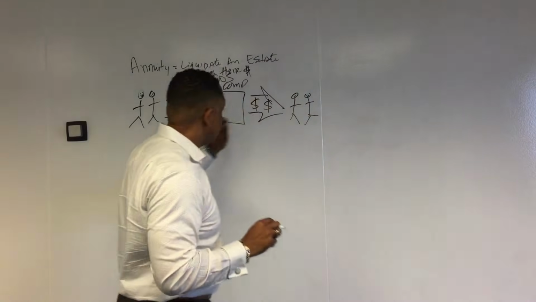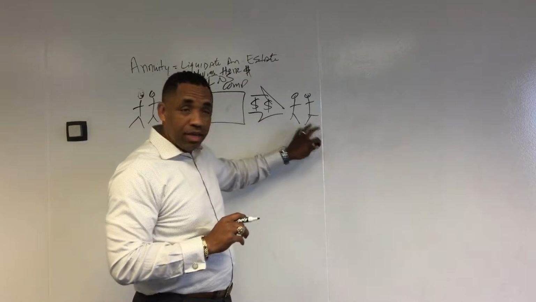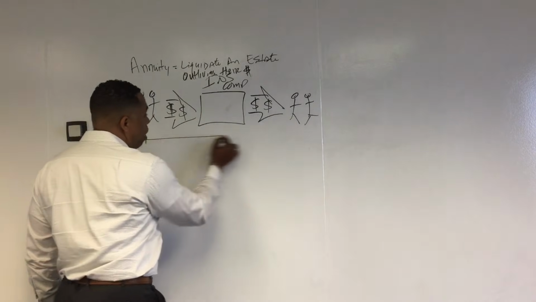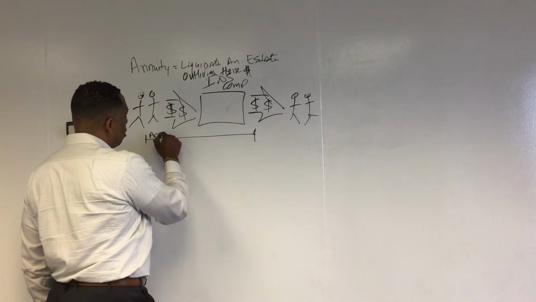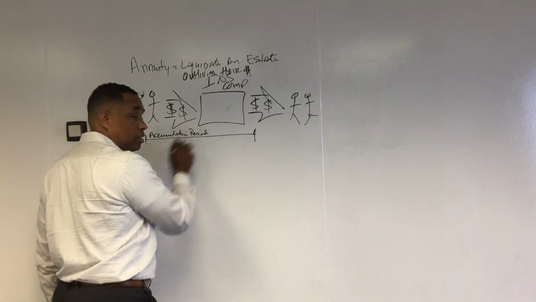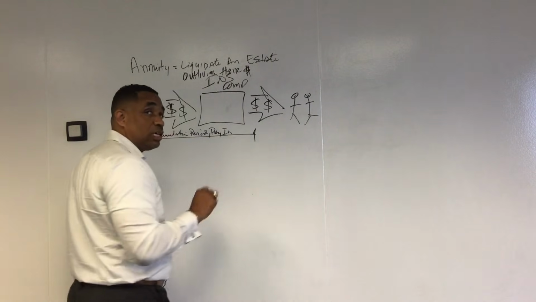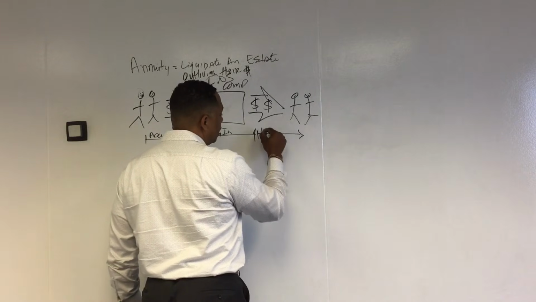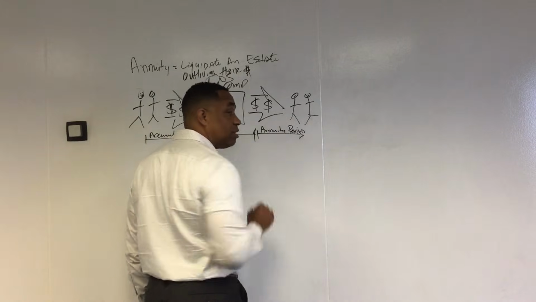All right, so now this is an annuity. Jack and Jill get their money to the insurance company. The insurance company pays Jack and Jill an amount of money for the rest of their life. From right here all the way until Jack and Jill start taking the money out, all of this period is called the accumulation period, the pay-in period. That's when the money is being put in. Over here, when they start taking the money out, it's called the annuity or the annuitization period.